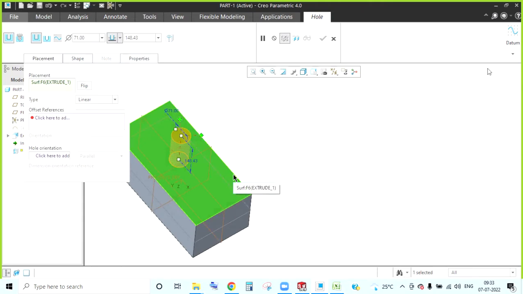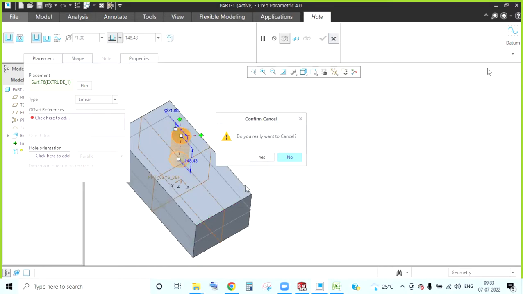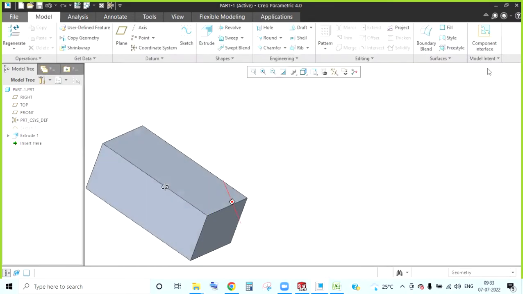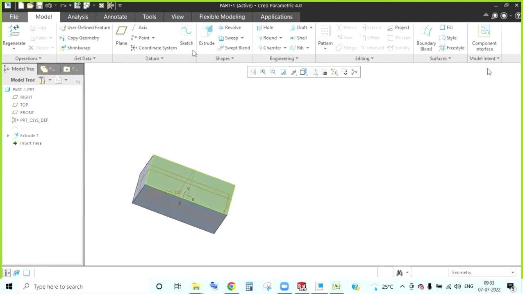Basically, these two green dots are for dimensions. Okay. Technically, offset reference. Okay. Before that, I would like to give some draft so that I can use that for